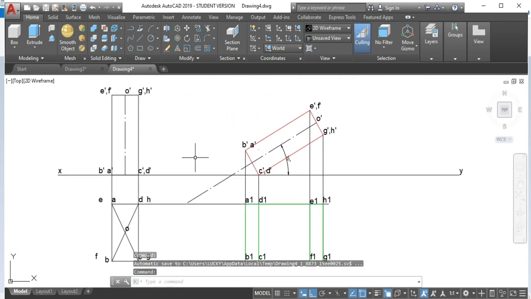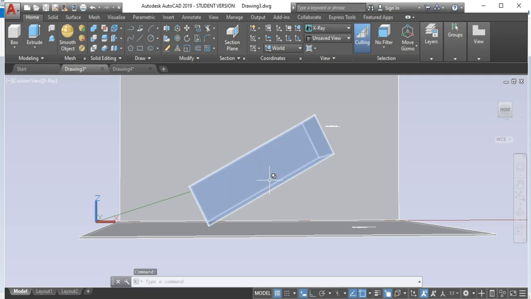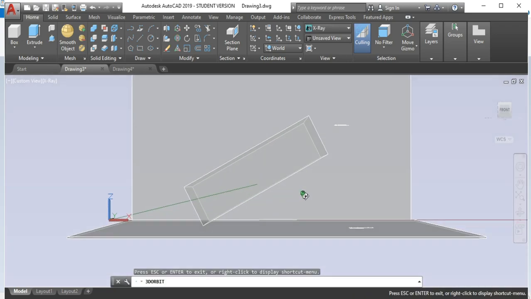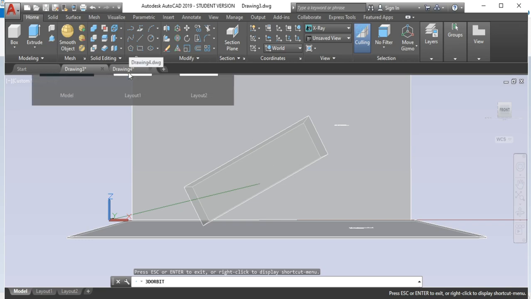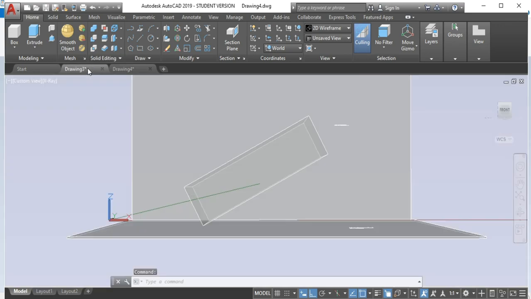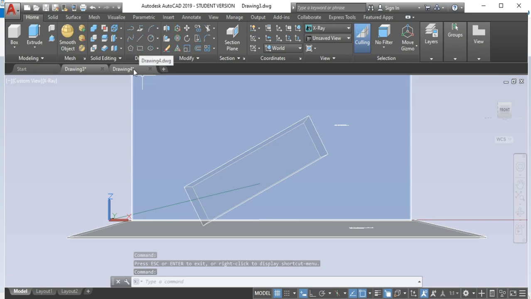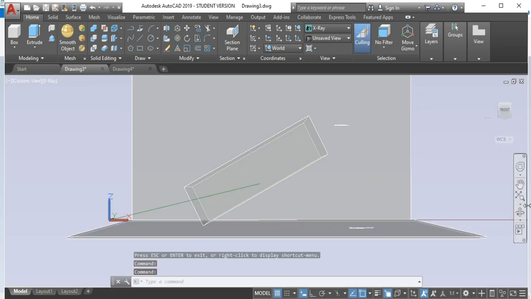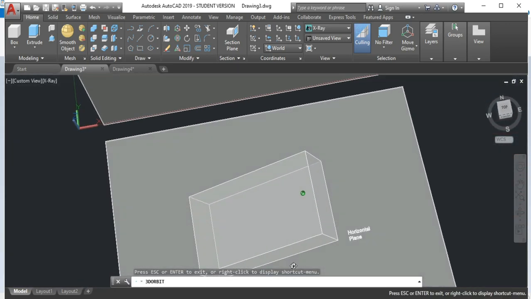Okay, so let's see this one in the 3D view. Can you guys actually see this? This is the actual front view that was represented in red color here, right? So this is the shape that you're actually seeing here. Okay, and after that, if you go to the top view,